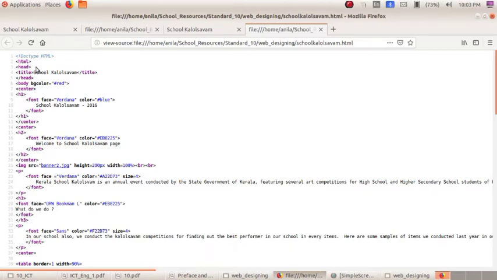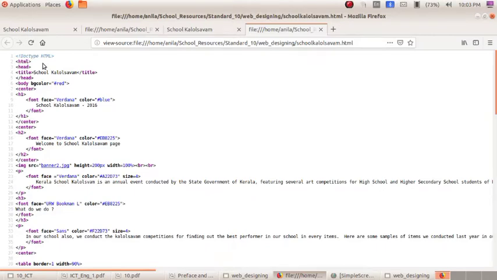So dear children, every web page with HTML starts with the HTML tag. What is the specialty of a tag? Yes, it is contained in angular brackets. We type the tags inside angular brackets, not square brackets or curly brackets.